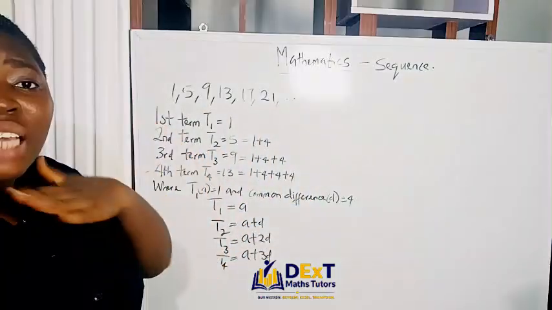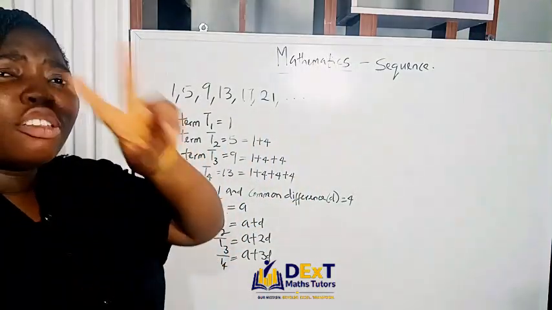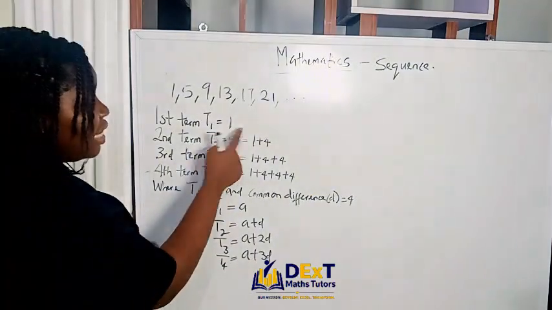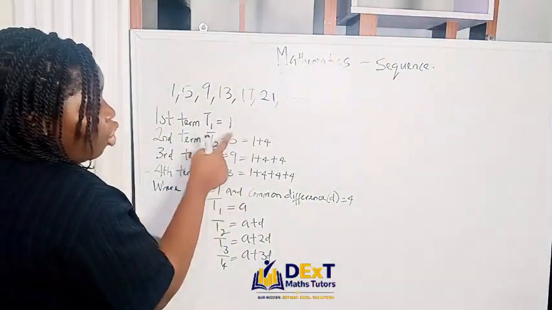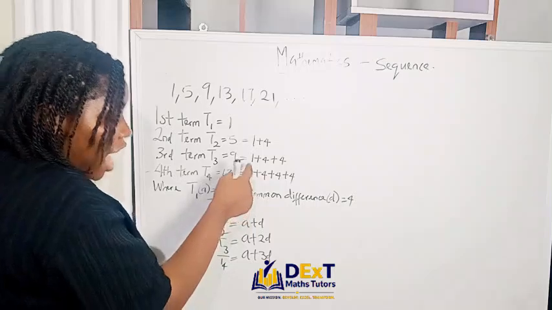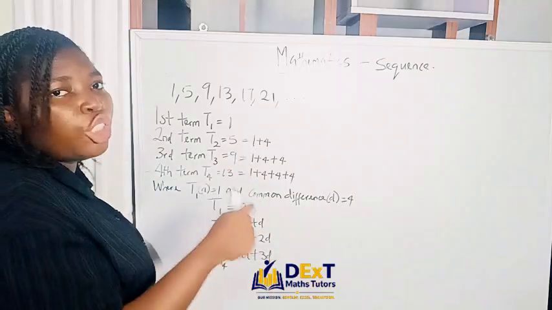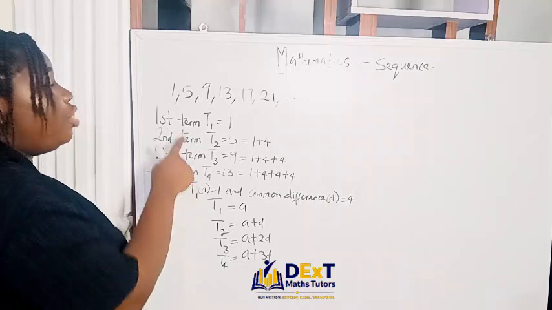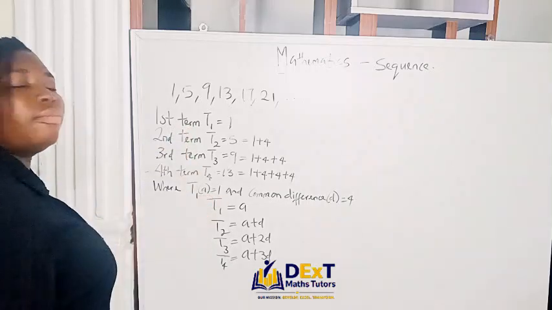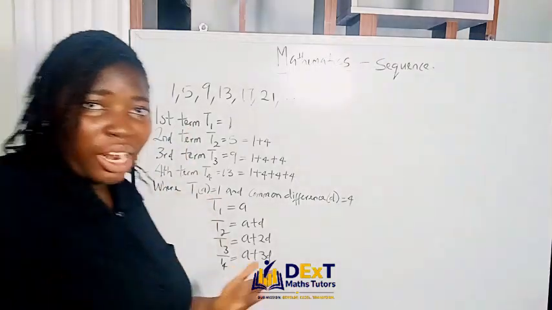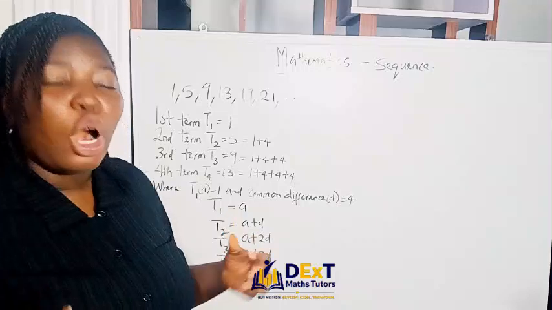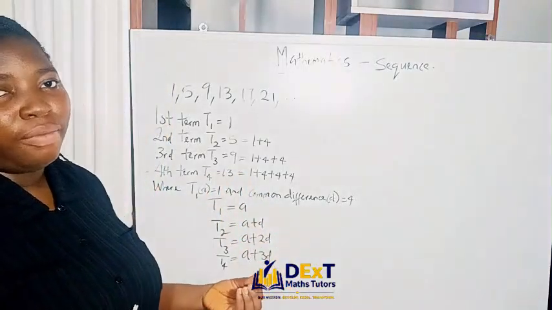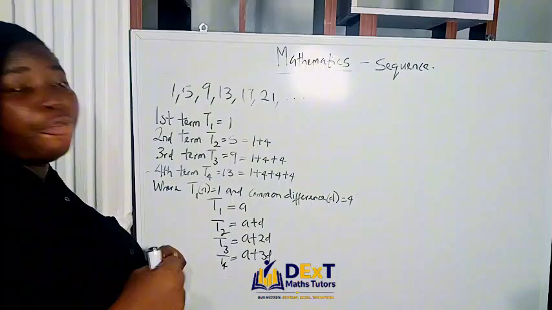So for us to get the equation, there are 2 major things we need. Because if you look at this, one thing is consistent in all of this. We have 1, 1, 1, 1, and that's how it will keep going. It won't change, even till Tn. And I decide to represent our T1, which is our first term, with A. I hope you understand what I'm saying so far. Please, if you don't, all you just need to do is pause the video and go back and learn. Now, for those that are following,